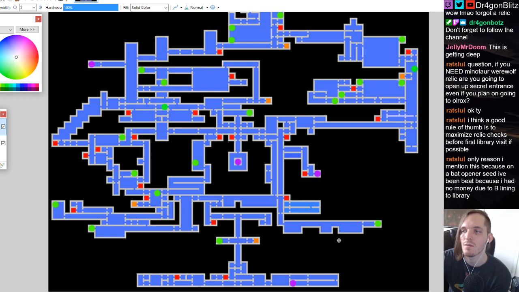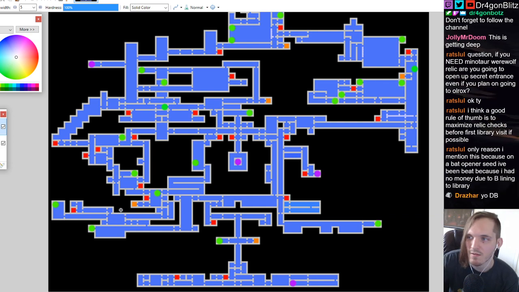I'm trying to think if there's any other first castle things to talk about. Oh, what if you don't find flight for a long time, right? So what that route will look like...